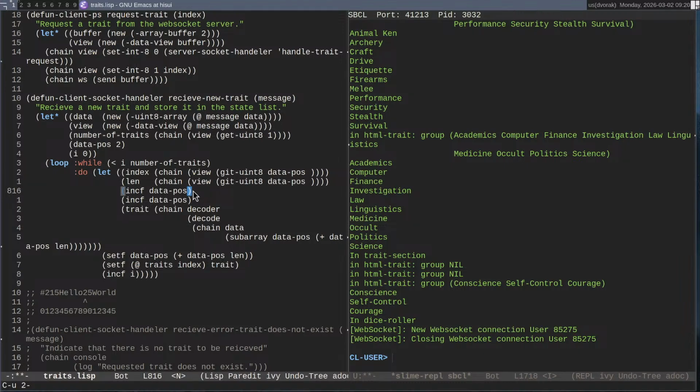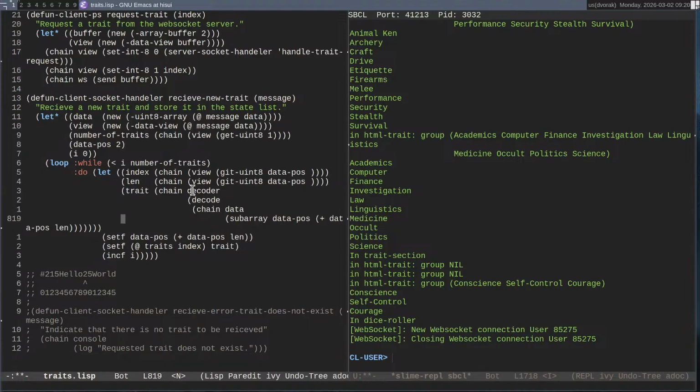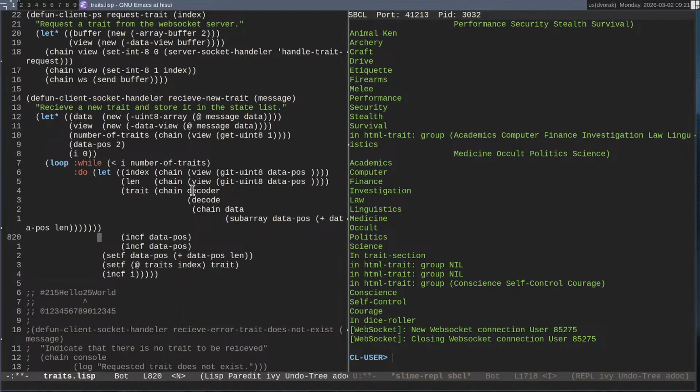Okay, so I can get index this way. I want side effects.